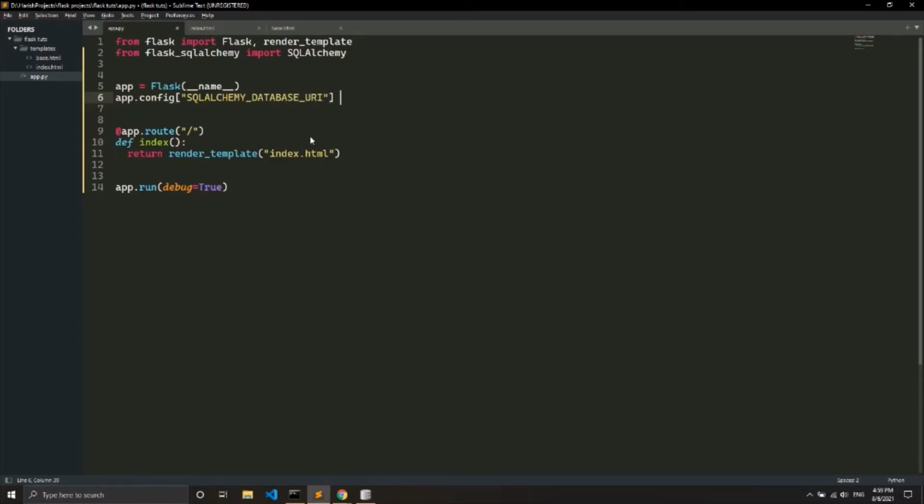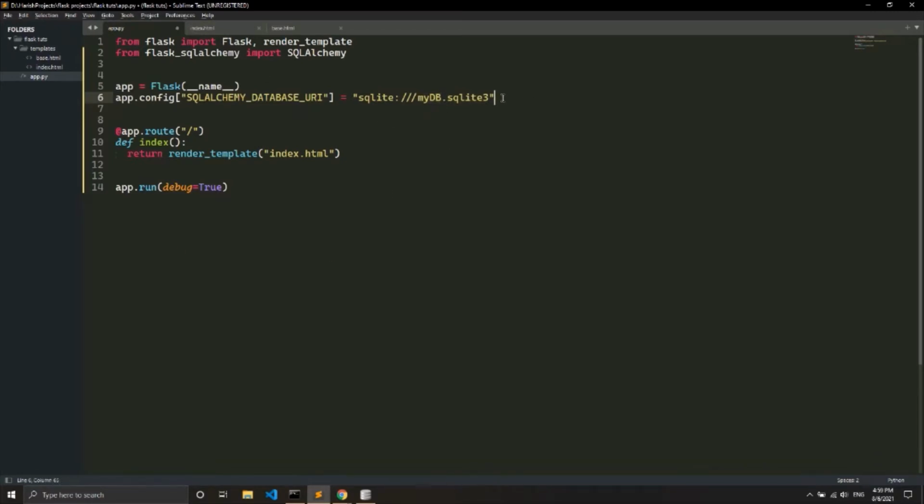So basically this is the name of the database, and it has to be sqlite colon triple slash, and the name of the database, for now we will keep it as database/mydb.sqlite3. sqlite3 is the format of the database, and mydb is basically the name of the database. You can keep whatever you want here.